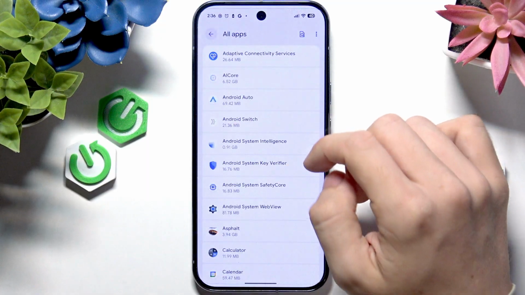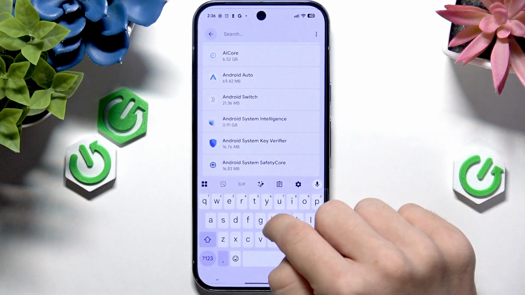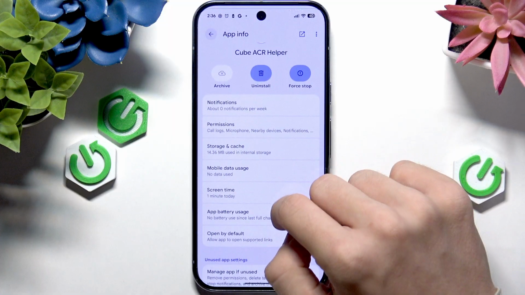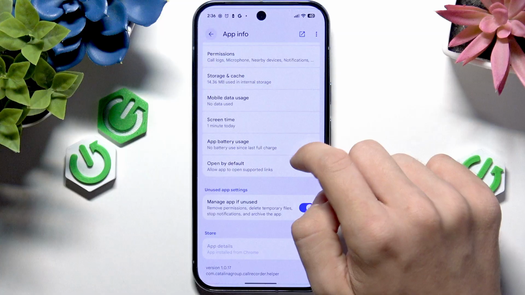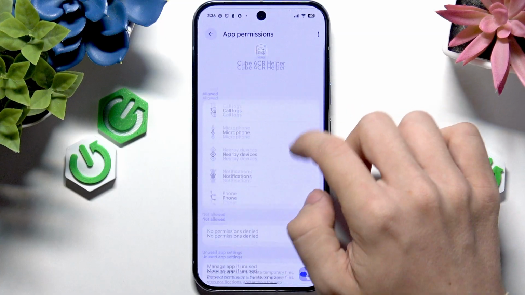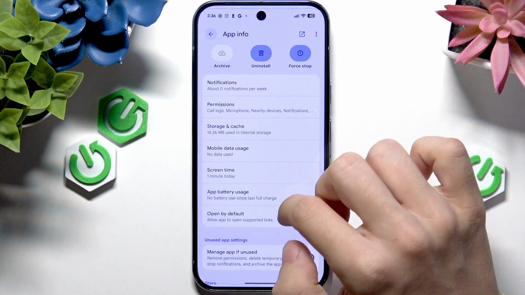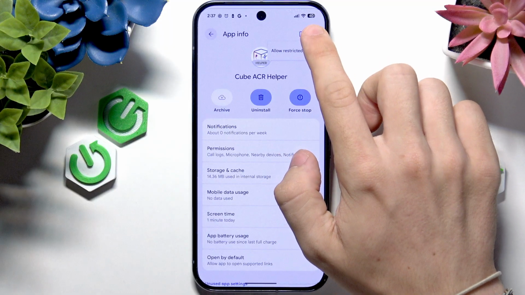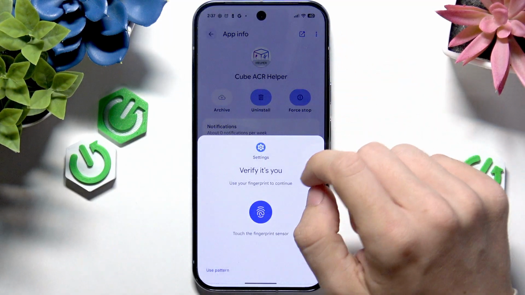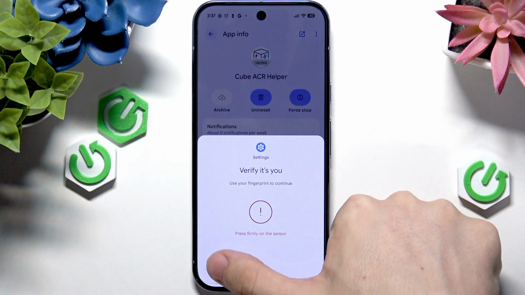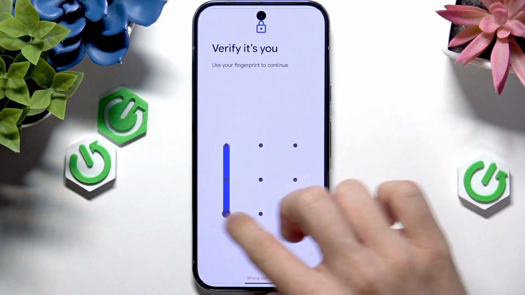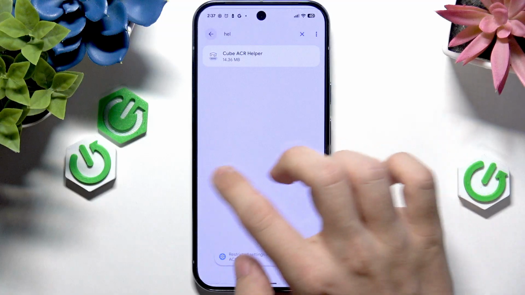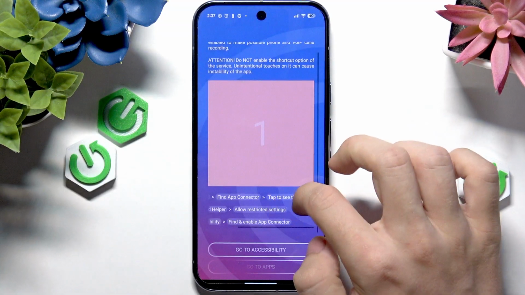Okay, so let's go to apps. Let's find our helper. And now we may need to go to some permissions. No. Okay, that is weird. Okay, in the three dots, allow restricted settings. No, I probably need to use my pattern because I don't have my fingerprint. Yeah, now it's allowed, and now we'll probably need to go back to the